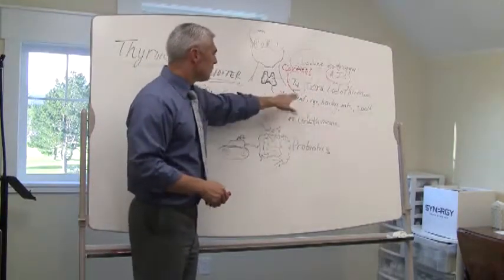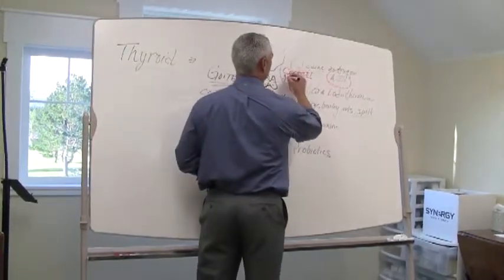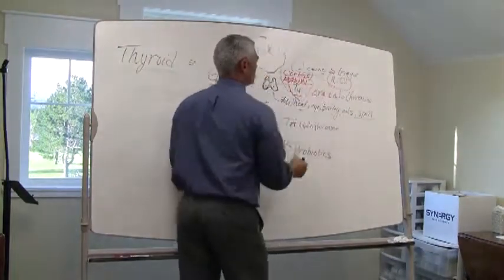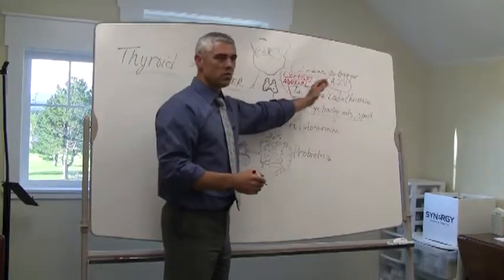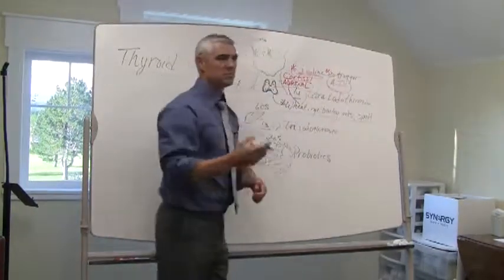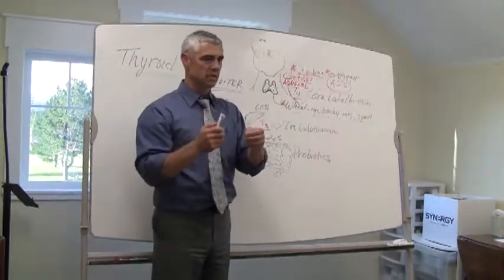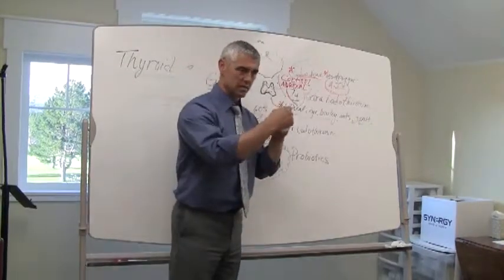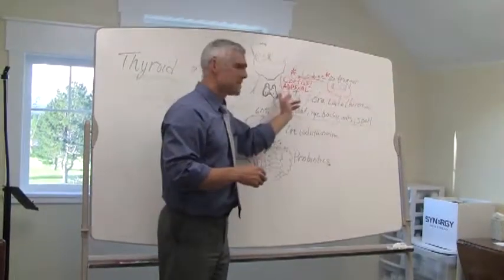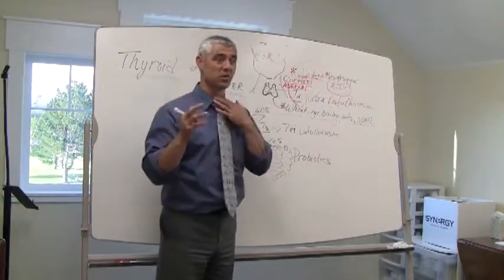So, autoimmunity. When we look at correcting this, we have to look at adrenal function simultaneously. So cortisol, adrenal. And when we look at the adrenal function with the thyroid function, we avoid using iodine as a primary supplementation. In fact, again, people who use iodine to treat autoimmunity are running the risk of actually triggering the autoimmunity. So when people say, well, I felt so much better using iodine, it may be because they were so hypothyroid that when they add the iodine, they actually get a spilling out of thyroid hormone, which makes